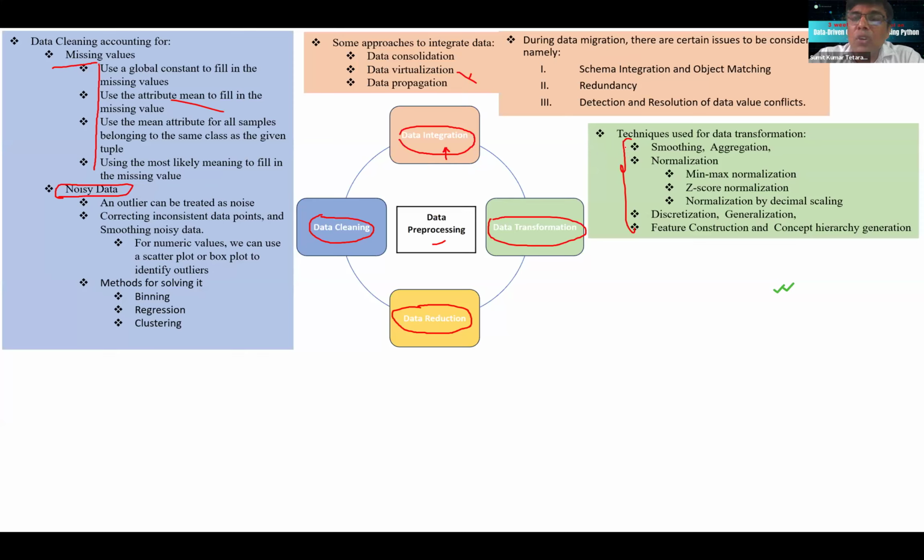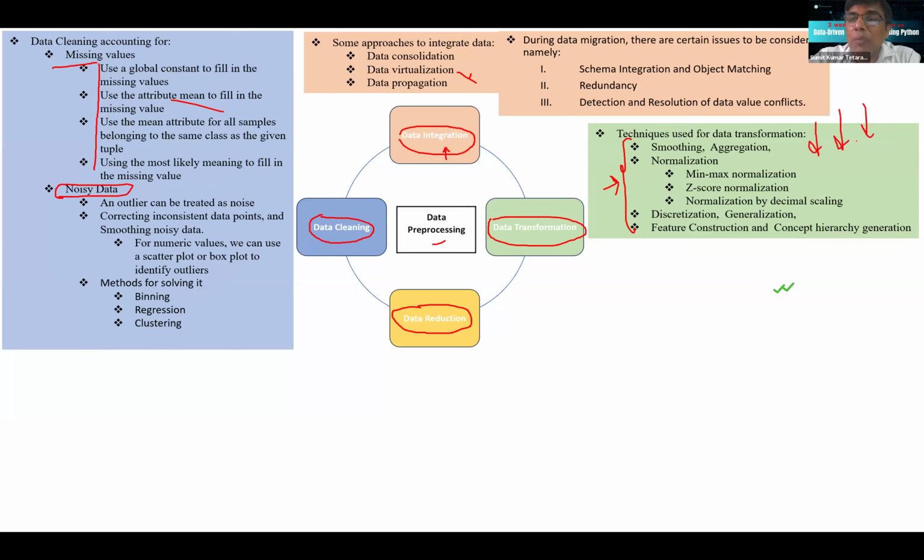Please go, because every day new innovation is coming. If you find any new data transformation technique, you may add it in your report. But at least you have to write these few basic data transformation techniques to apply. And where you can apply, again I am telling you, you have to transform each feature value, each column